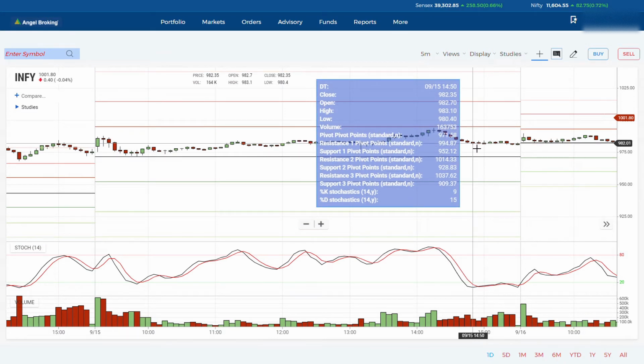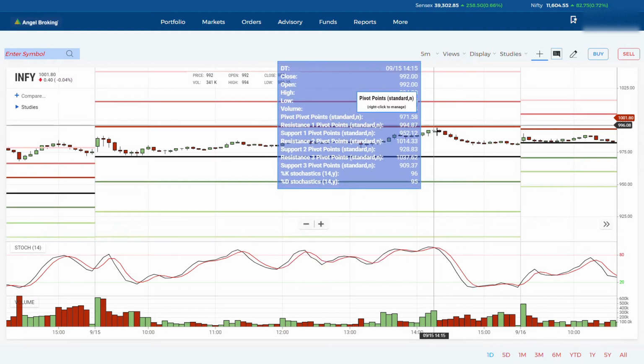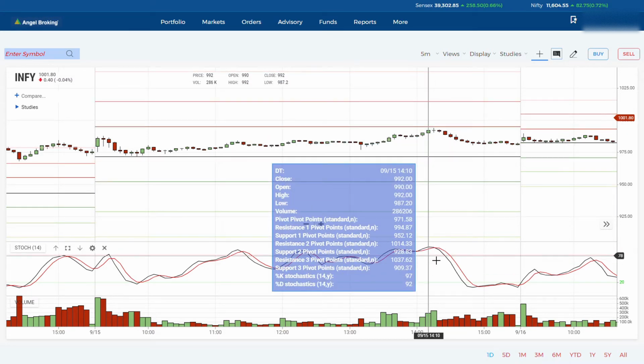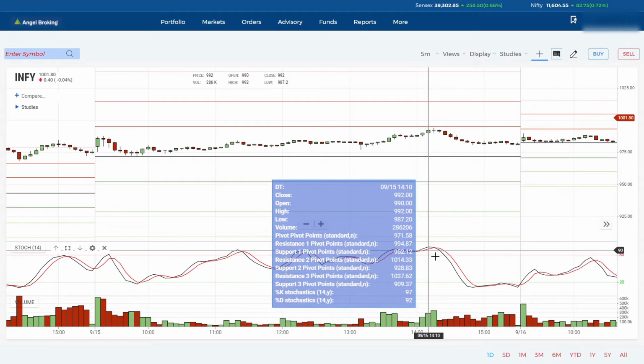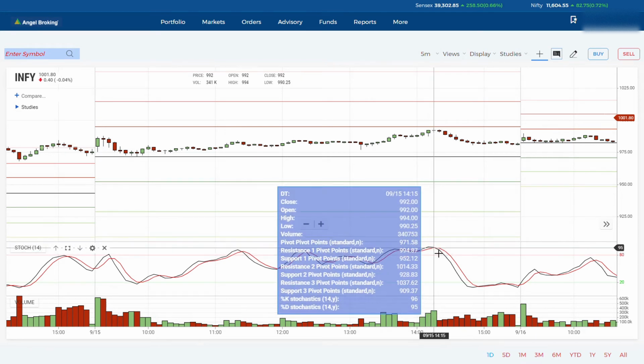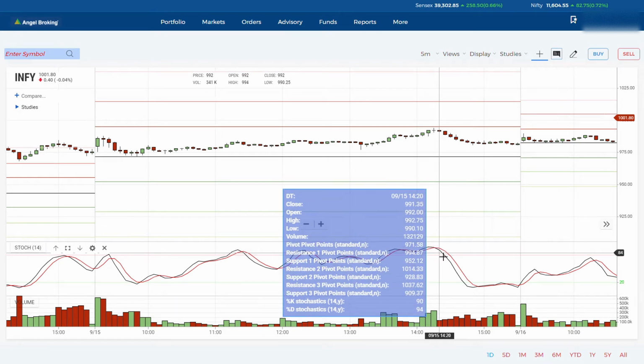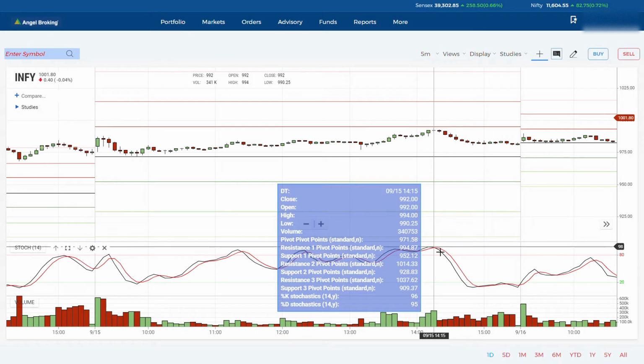So by analyzing the pivot lines, you can go for a long position, or you can go for a short. If you club with these indicators, I'll say I'm getting a rejection here. I'm checking the stochastics. Okay, there is some crossover happening here. You can see that the red line has crossed the black one, right? So there is a cross down happening, and it gives a downtrend here. So it is going down.